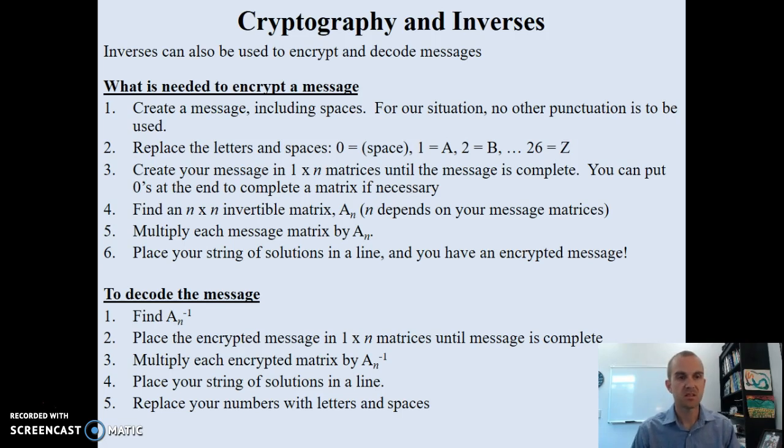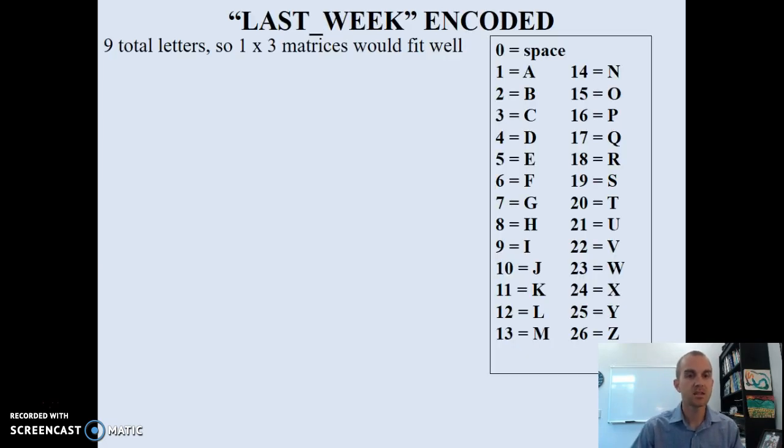So let's see this in action. Let's say that I have the words "last week" that I want to encode. And what I can see is that's 4 letters, a space, and 4 more letters. That's 9 total characters. And that's pretty easy to use 3s because I can split that easily into 3